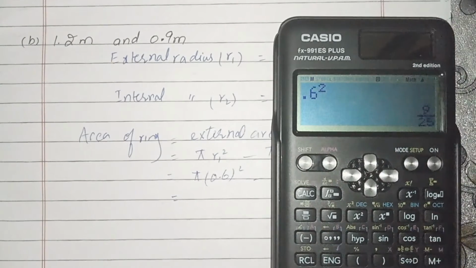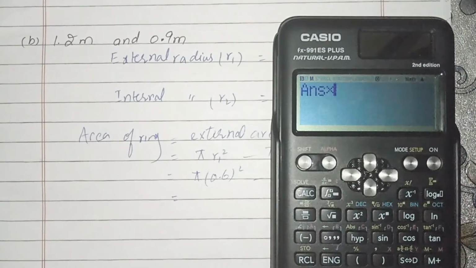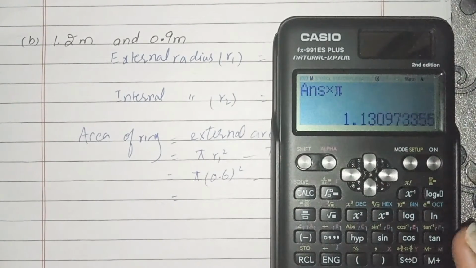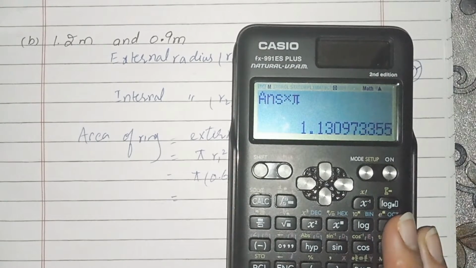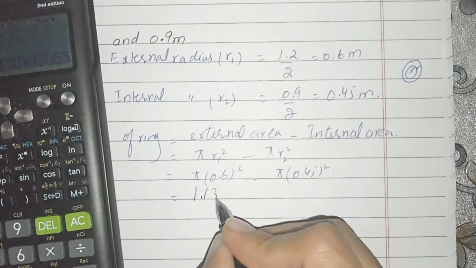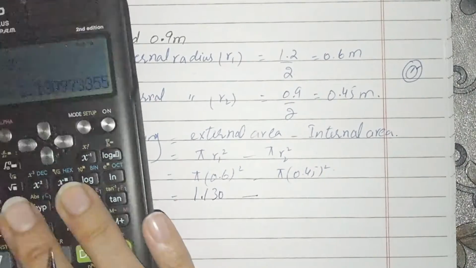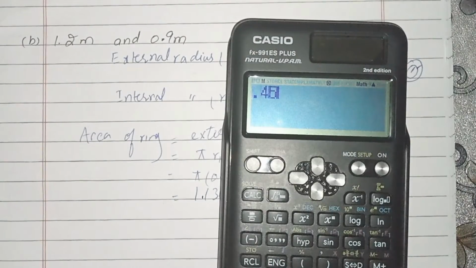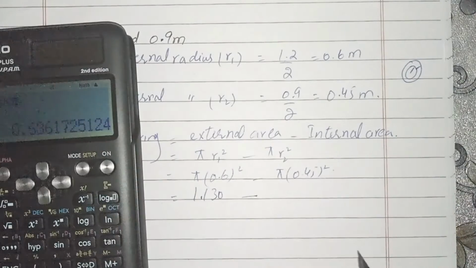0.6 squared multiplied by pi, and we get 1.130. And 0.45 squared multiplied by pi, and we get